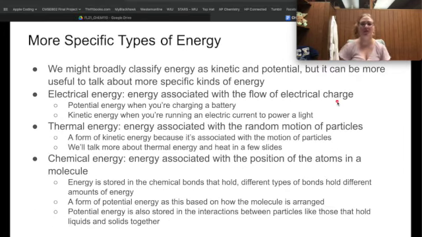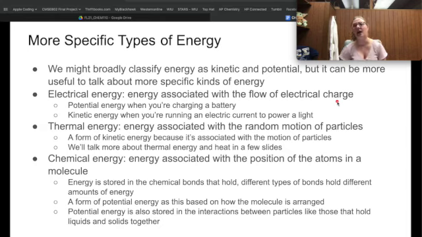As I mentioned before, all energies can be kind of distilled down to whether they're a potential energy or a kinetic energy. But let's talk about a few more specific types of energy as well, because there'll be some of them that come up throughout the semester. So we might broadly have these two big categories, but we can put more specific names on some of those kinds of energy. So we might have electrical energy, and that would be an energy associated with the flow of